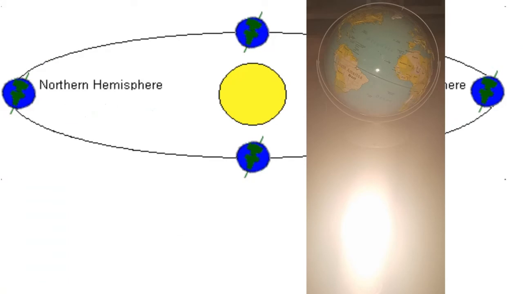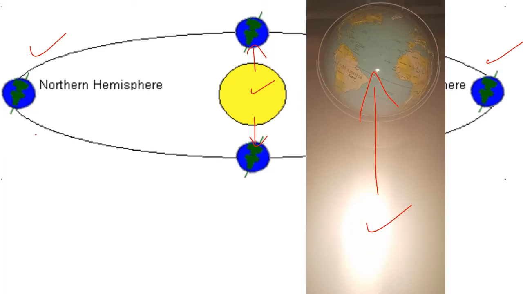When the Earth is right here in the middle, here's the sun, like my light bulb, and the light is hitting the Earth like this or like this. Well, in this case, one hemisphere is not tilted more towards the sun than the other. Both hemispheres are getting the same amount of sunlight. And that's the point. That's the day that marks a change from one season to another. In this position, where the northern hemisphere is getting the most sun because they're tilted towards the sun, that's our summer. Over here, that's our winter.